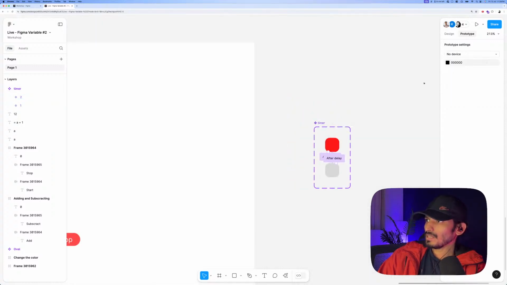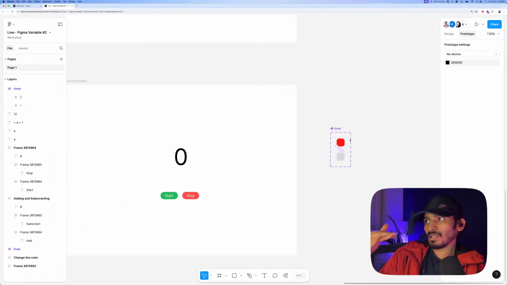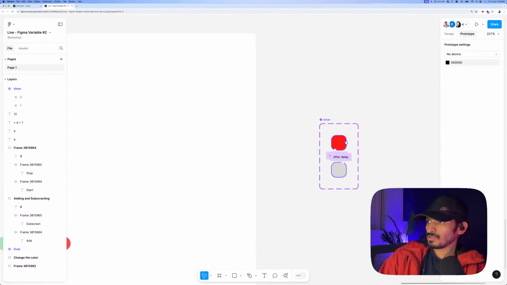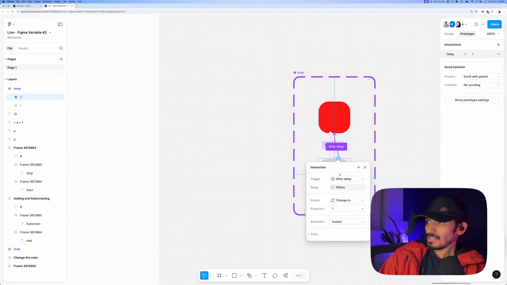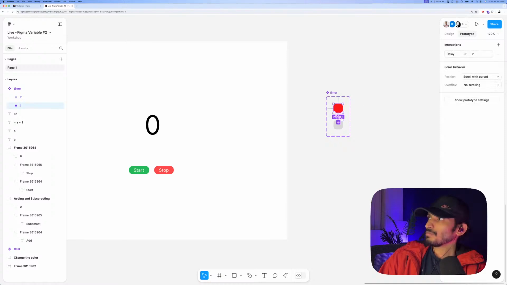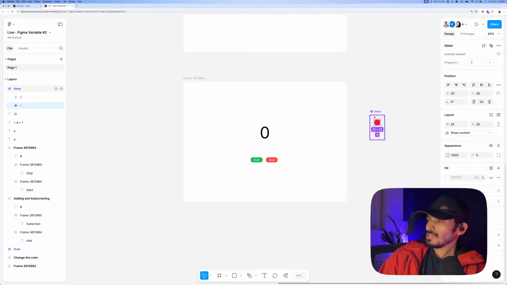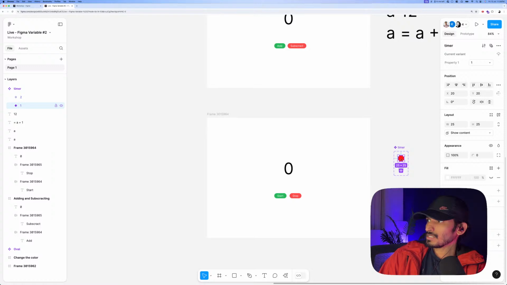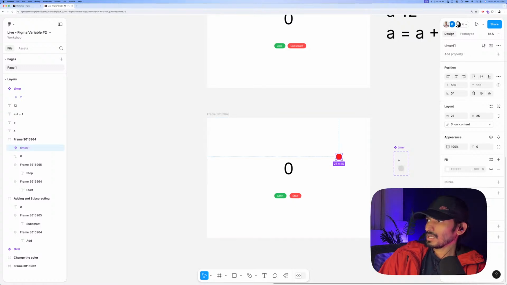If you know a little bit of prototyping, this after delay thing will switch the component between whatever components are here. Currently we have two components, so it changed from here to here, and because I added the same thing here also, it will again change from here to here, and this is the important part I am talking about. To test it out, I will just add a, sorry, I need